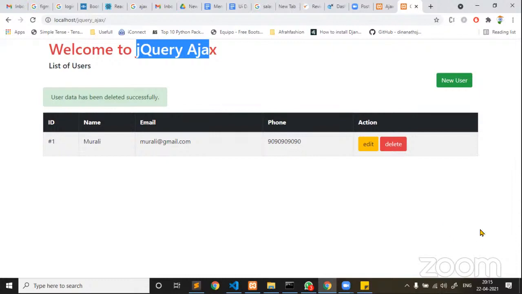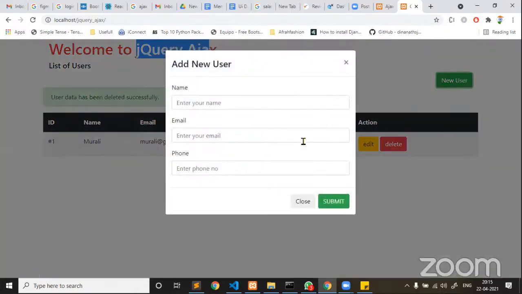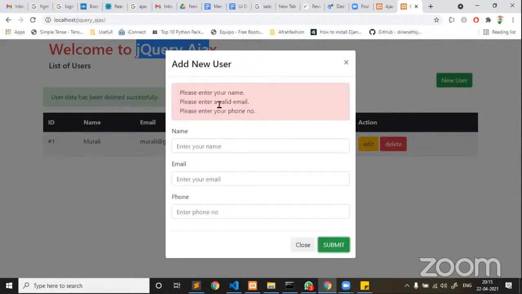On click, first we are opening a pop-up. When we are opening a pop-up, no Ajax call is placed. Now on click of submit, we are also doing some sort of validations. We should ensure the data entered by the user is the right data or wrong data. If wrong data is entered by the user, we have to do validations to ensure that the right information is collected and passed to the backend.